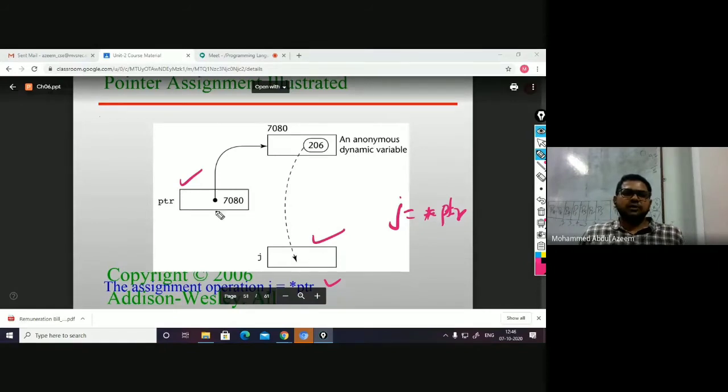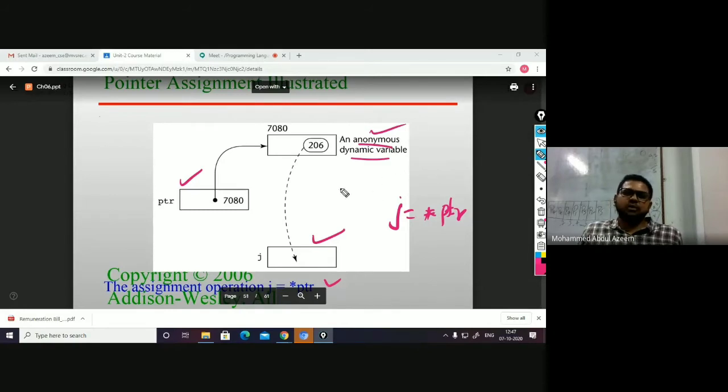So what is happening here? For example, if you are trying to allocate memory without a variable name, then such variables are said to be anonymous variables. These are generally created during the runtime. So during the runtime, you can create anonymous variables without a variable name, right?